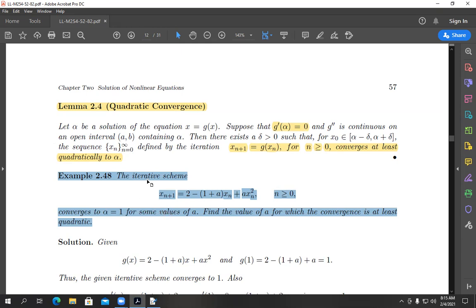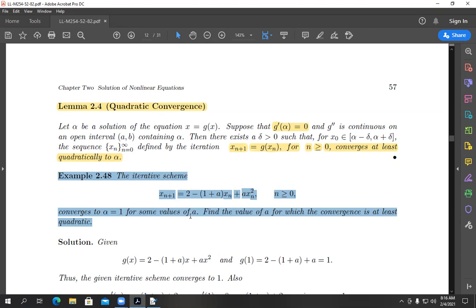Let's say this iterative scheme, because as I told you, in this topic we will not consider f, we are considering only the formula, and formula means x_{n+1} equal to something, and that something is always your g of x. You say this iterative formula converges to alpha equal to 1. As I told you, we will not check whether it converges or diverges. We already know it converges. We only need to check the speed of convergence, the order of convergence. Convergence is slower or faster. Now you say this formula converges to alpha